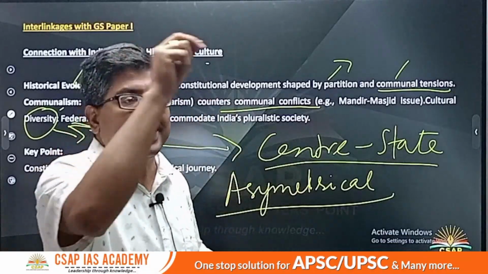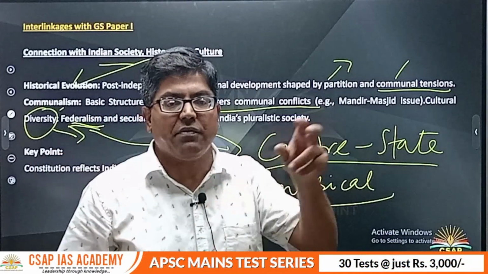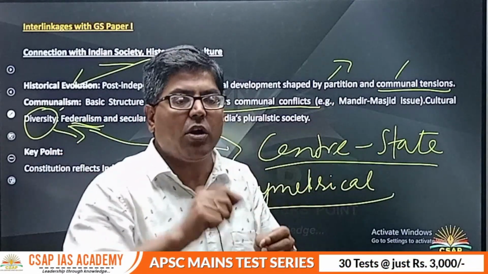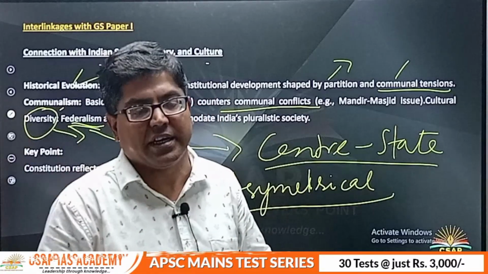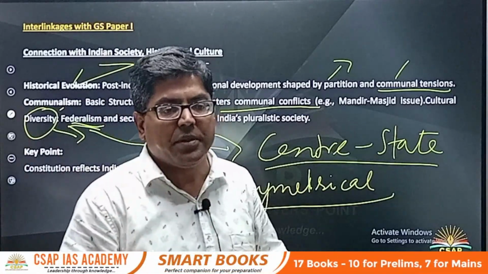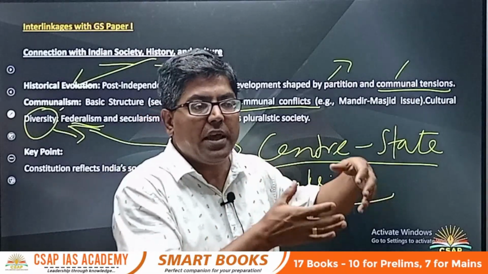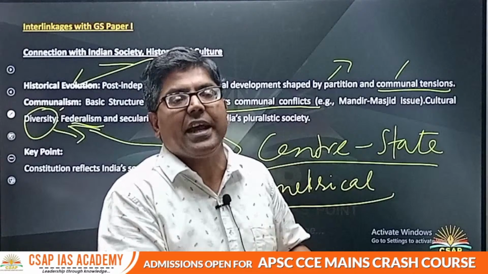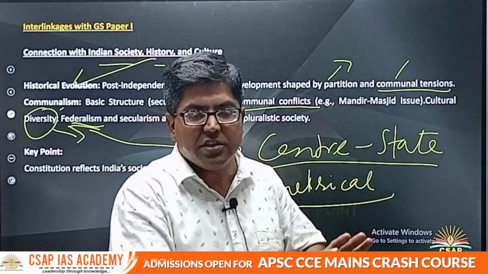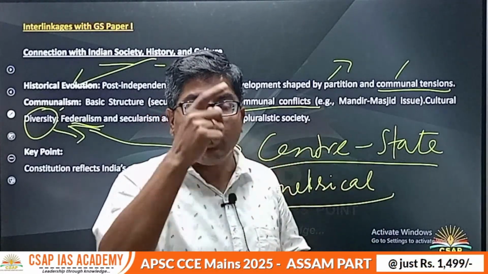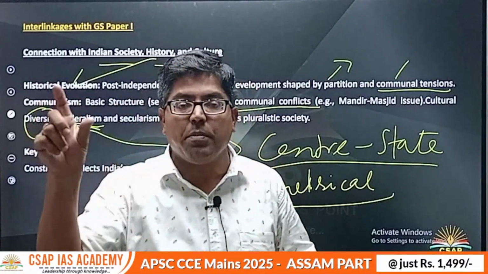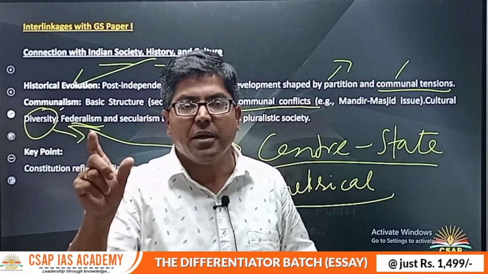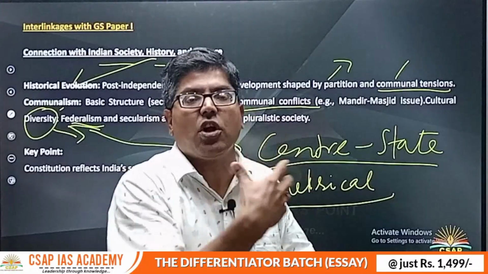Asymmetry basically refers to unevenness. So between center and state, the way power and functions are distributed may not be an exact replica in some other cases. Just the way some people are lagging behind, in order to protect their interest we need some special measures. That's why we have equality, not just in terms of a mechanical equality, but we also have equal protection of law.